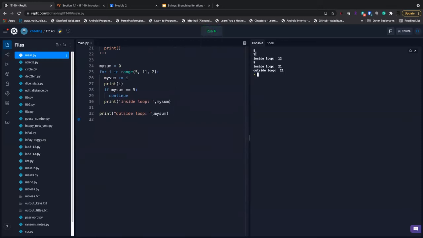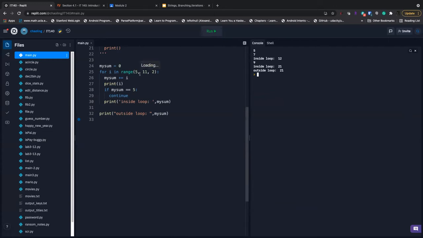So it's clear now. The I initially is 5, right? And my sum is 0 plus 5 is 5, and it will print 5. And because my sum is 5, I'm not going to print this because I continue. I basically do a shortcut that continues with the next iteration. So I becomes 7 because 5 plus 2 is 7. And my sum is 7 plus previously 5 is 12. And so I'm printing out 12. And the next time,